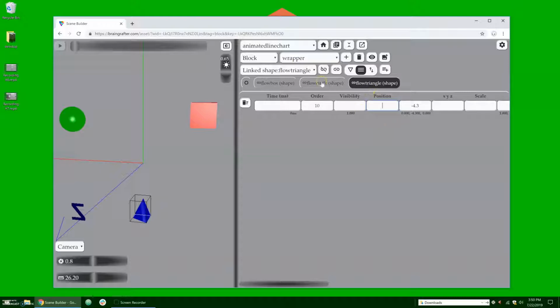Okay, that looks right now. The triangle is in the wrong spot. So we have these in the form of a triangle. So now we'll add